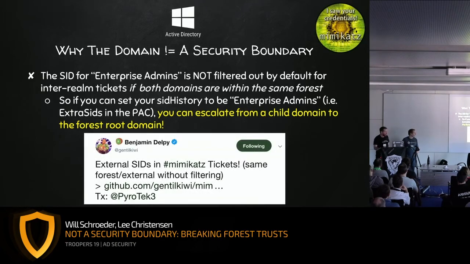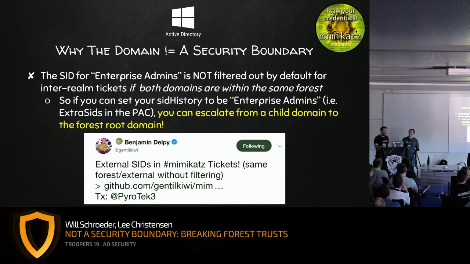This was really cool to me because we attack a lot of forest and domain trusts when we do Active Directory engagements. Before, if we compromised a child domain, in a forest with lots of branches and domains within it, we would have to manually walk our way up to the forest root to try to compromise the whole thing.